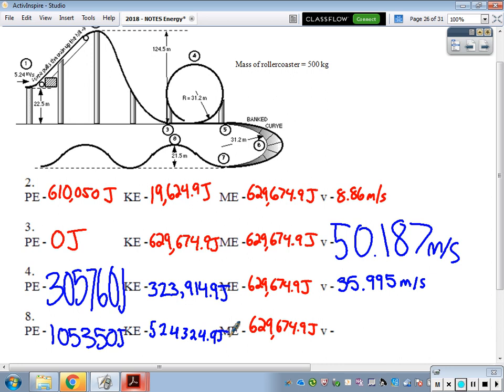And then as we get to position 8, we have a smaller hill there. So smaller potential energy, greater kinetic. I think as we're going to find out in just a second, our velocity then is going to be a little bit greater than where we are at position 4. Okay, and while I'm going to give Allie a minute with that,